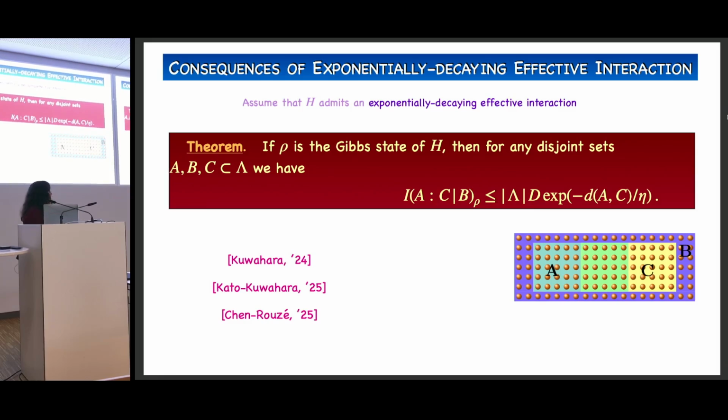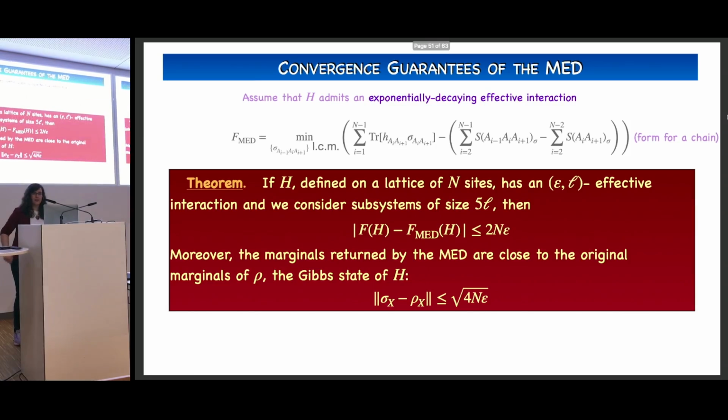And one of the nice things that it has is that we don't need B to be between A and C. So you can have B like here, for example, shielding everything here, and this not depending on the green part. No? So we have a bit more freedom with the geometry that we obtain. Of course, we have to assume the exponentially decaying effective interaction, so this is kind of restrictive. But this is not directly what we are interested in this project. What we are interested in is the free energy. And what we obtain in this case is the following.